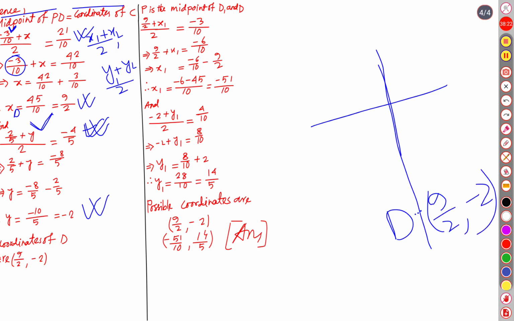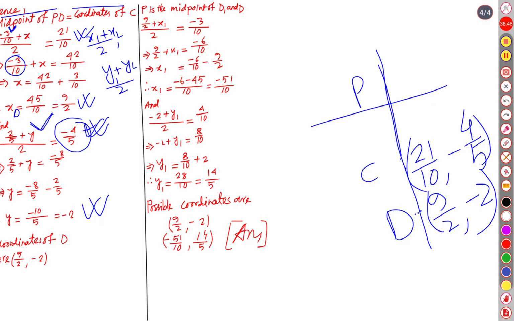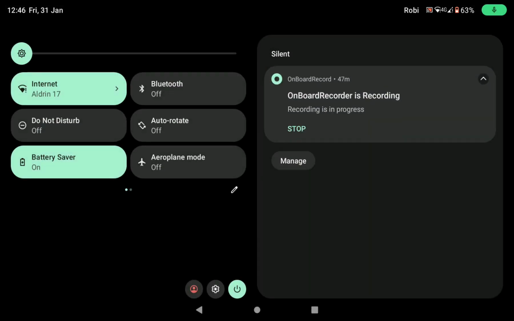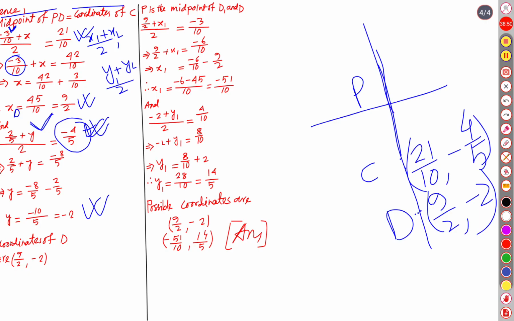Okay, this is D, and here there was C at the midpoint. The coordinates of C were 21 over 10 and negative 4 over 5. This is the coordinate of C, and we know the midpoint of the segment, that is P. We have supposed here P, P was